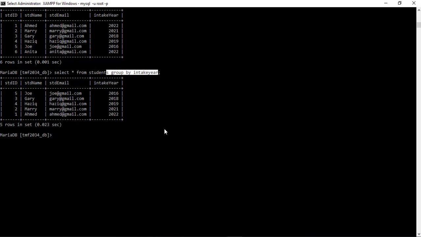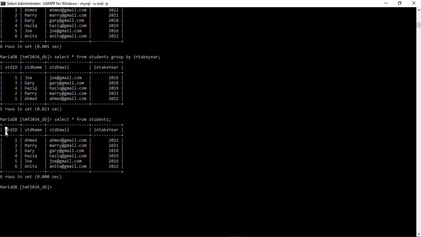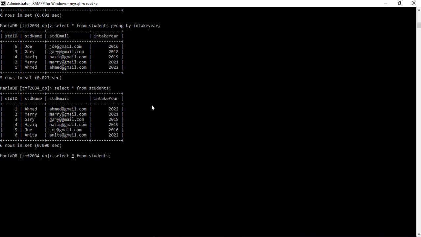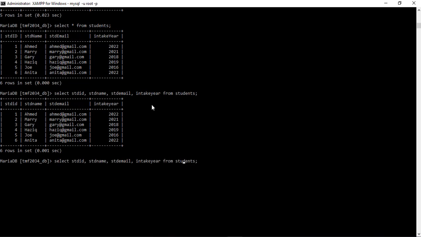For example, now when I say select all from students, you can see it currently shows the original column names, which are student ID, student name, email, and intake year. But if you do not want this to happen, you can simply say select student ID, student name, student email, and intake year. This is just for the sample. Now if you want to use